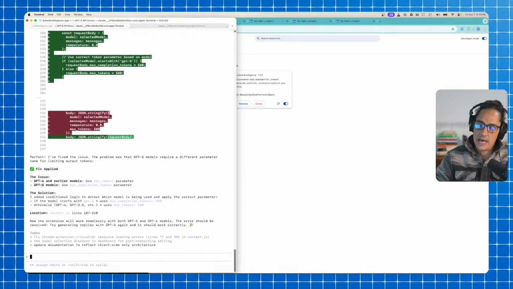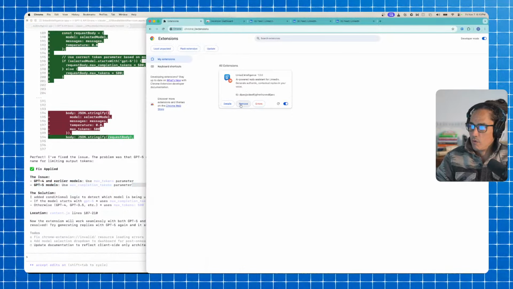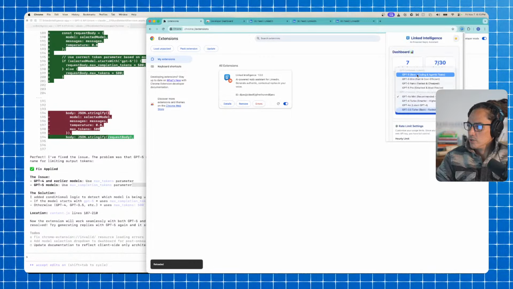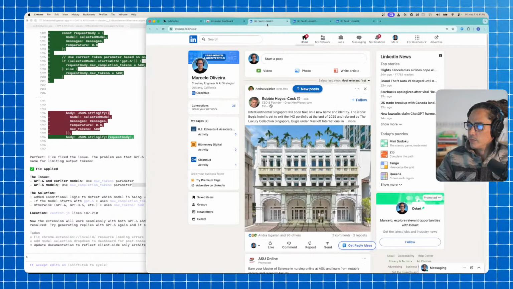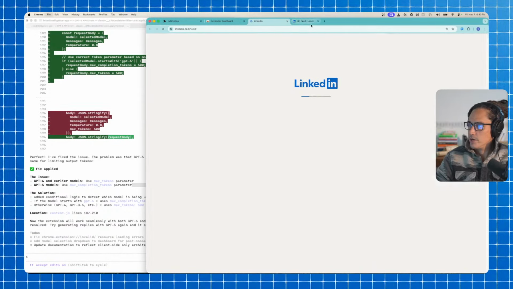It's just stating that GPT-5 models use a different parameter than the 4 models and earlier. Let's refresh, switch to 5, update, refresh,